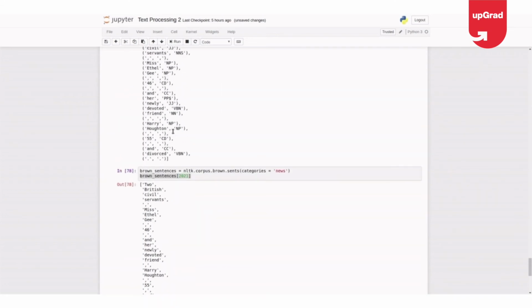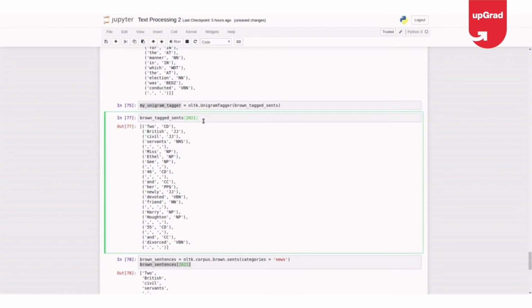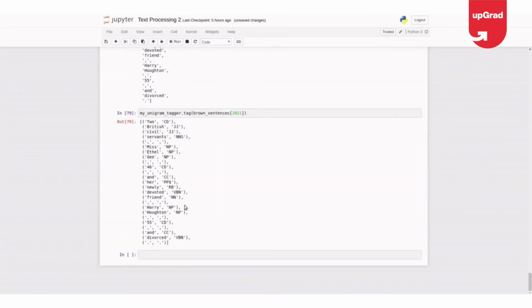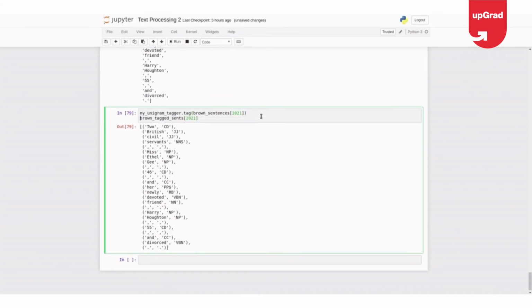Let me compare it now: my predicted tags and actual tags.